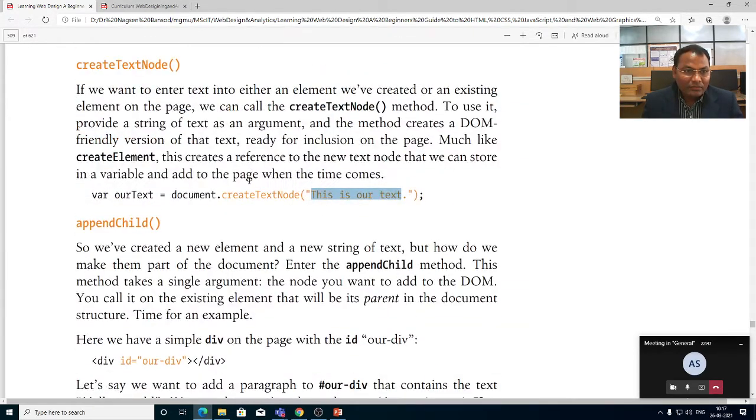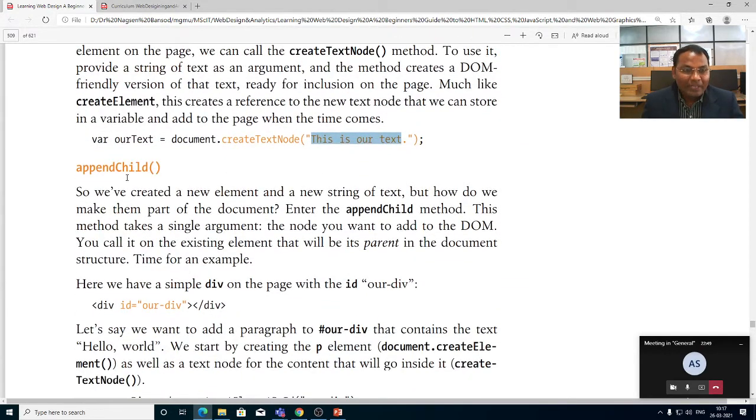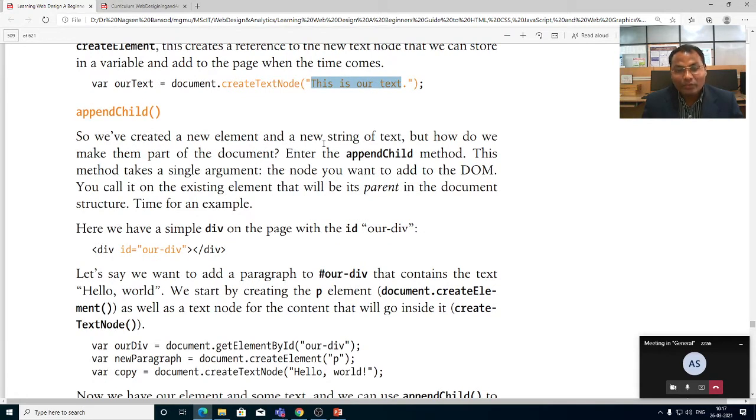And the next one is appendChild. We have created a new element and a new string of text, but how do we make them part of the document? Enter the appendChild method. To make that a permanent part of the document, we have to use the appendChild method.